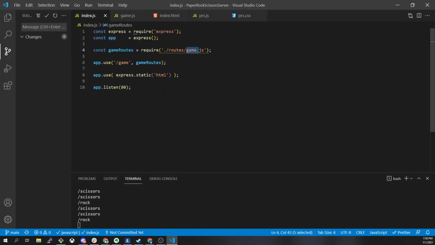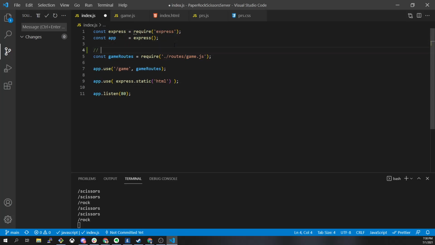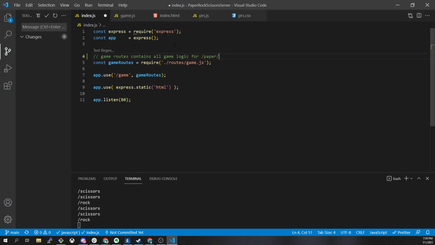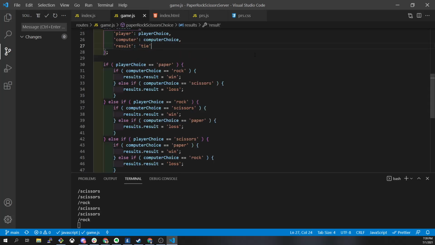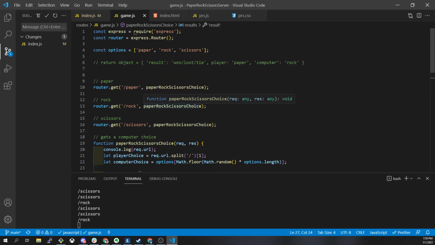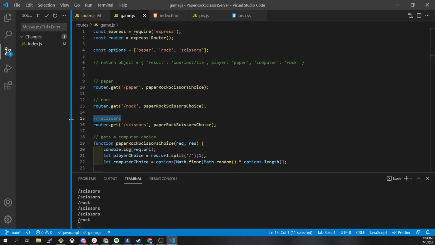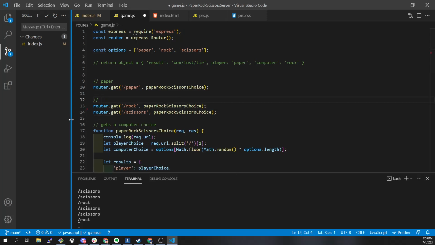And we did this with very few lines of code. Like, this tells kind of what we're doing. We can even put in some comments in here. We'll say game routes contains all game logic for paper, rock, scissors. It loads it. We have our static HTML being loaded, and we're listening on port 80. So all of the magic happens in our routes. We put in comments here so that we could know what we were going to write, but to me this is just as